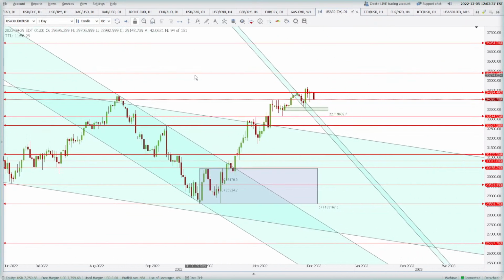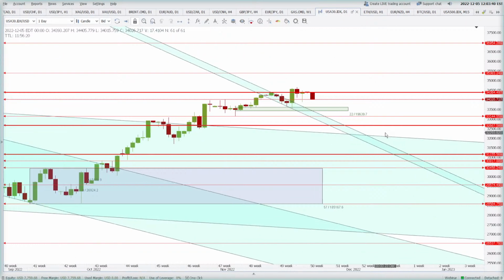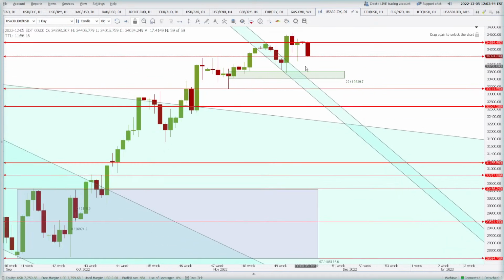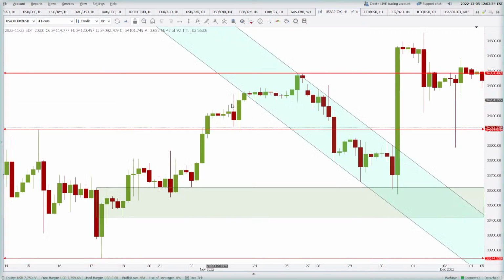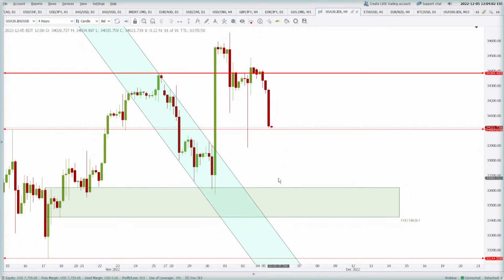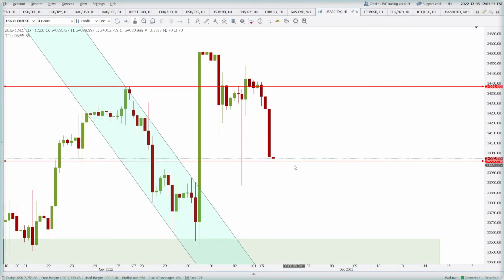USA 30. Are you bullish or are you bearish? Well, the price tried to hover around that resistance zone for some time, but today it has broken below that and has immediately come to test the support which was there on our chart near 34,000 level. You see, this was so fast. All right, but yes, I think the price will stay here for a while before breaking lower,